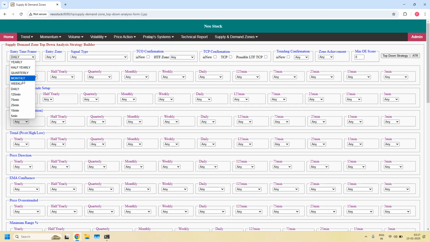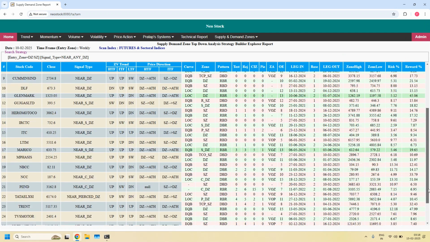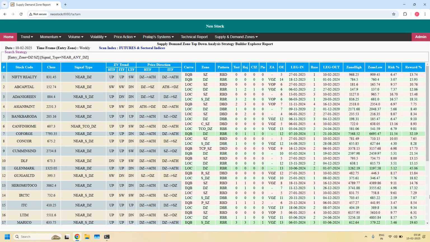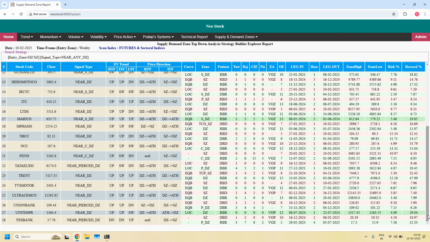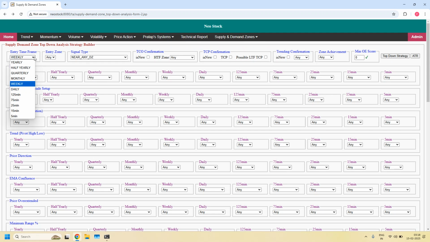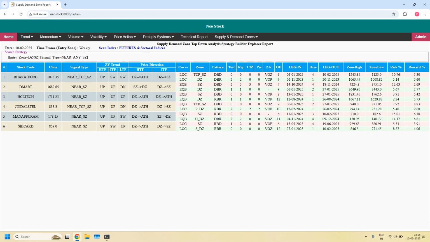Next time frame is weekly. Stocks near weekly demand zone. We got 28 stocks. So first 17 stocks in the list. I'm scrolling the list down. So total 28 stocks. Okay, next weekly time frame, stocks near weekly supply zones. We got 6 stocks. Okay, next